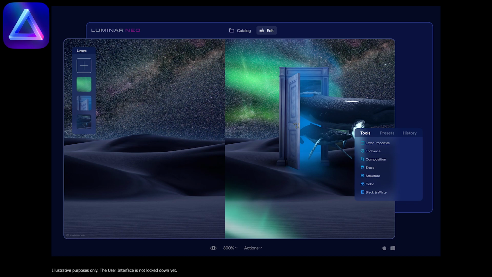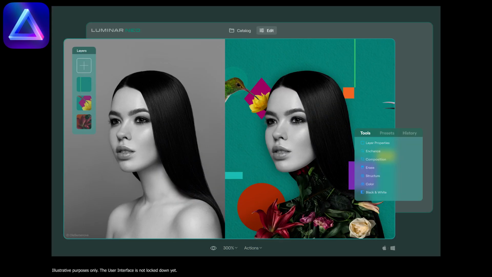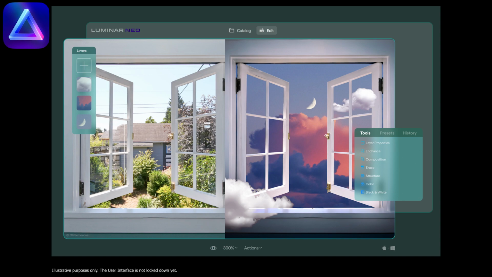But for the fact of compositing images together, this is going to be really, really good. Some of the examples you've seen look quite intricate, others look quite simple in their approach, but that's down to the individual artist that's creating them and the end result that they are after with their images. So now that we have layers back, that means the possibilities are endless, and I'm really hoping that everything works.